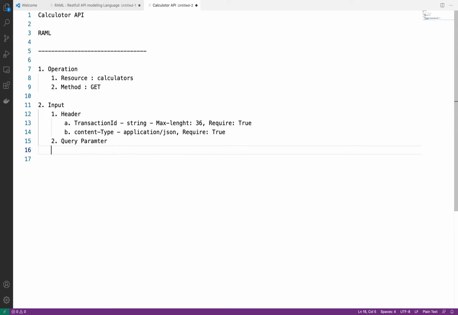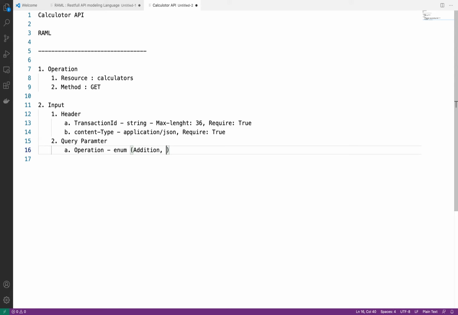What all query parameters do we need? First we need operation. Operation will be a type of string. We will not define string here; this time we will define enum. What is enum? I will tell.